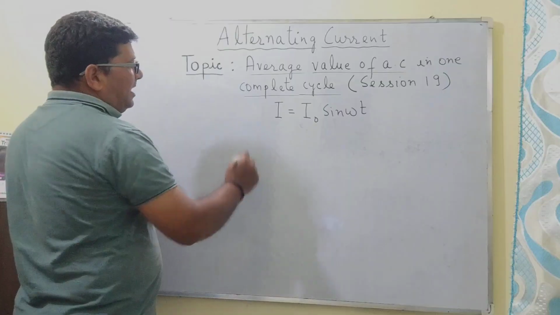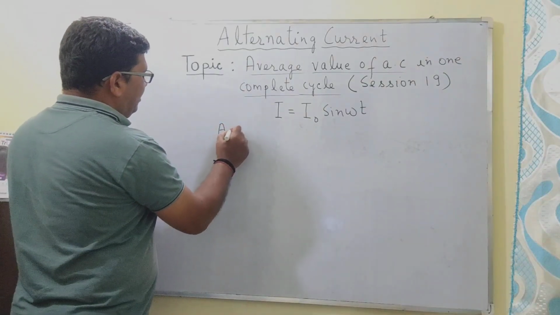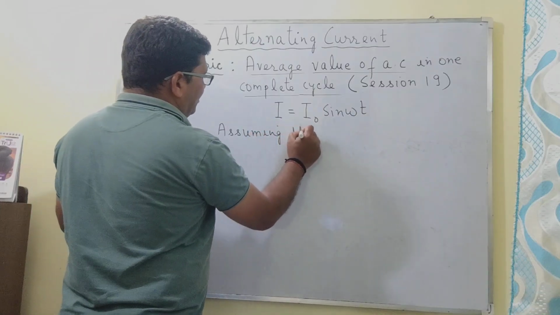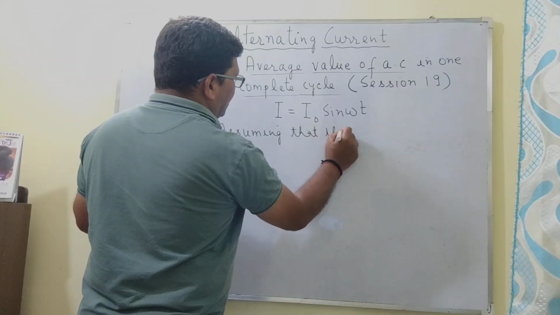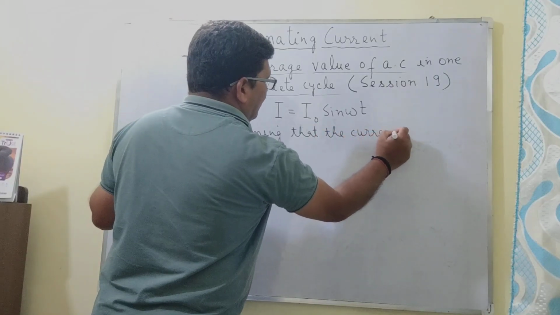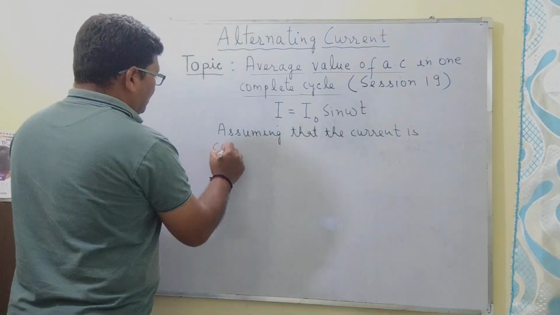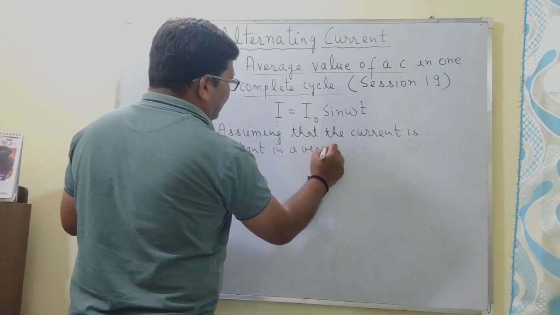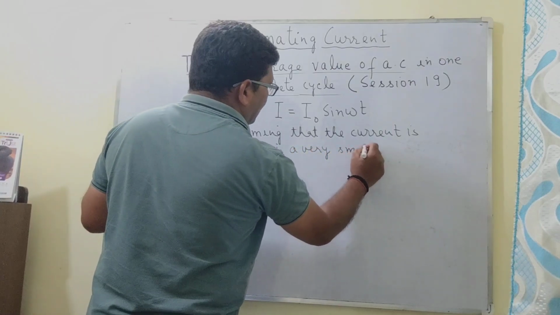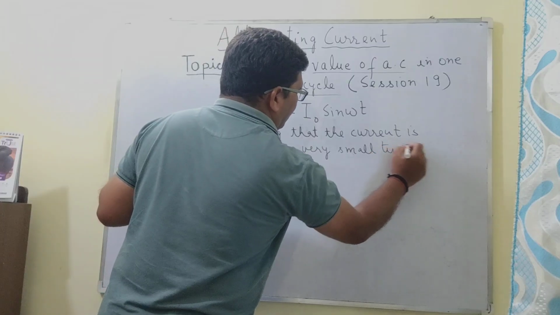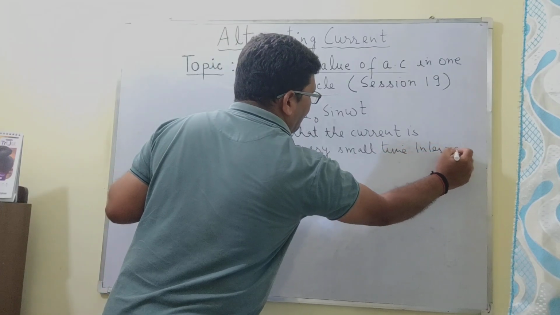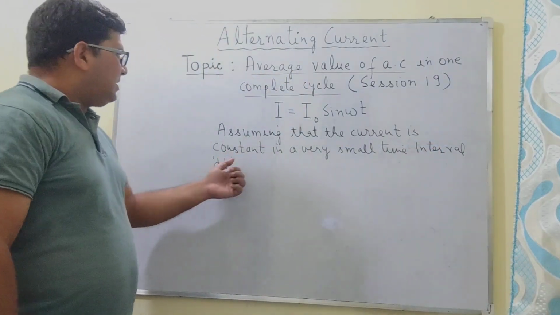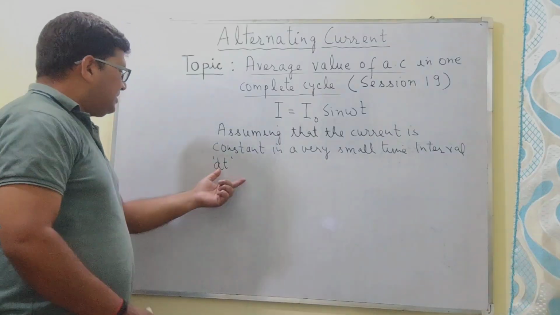Now, assuming that the current is constant in a very small time interval, say dt,